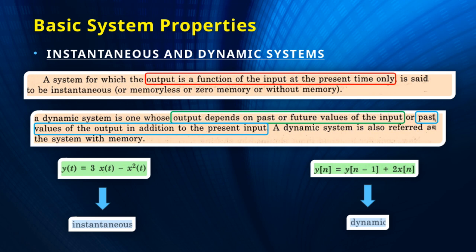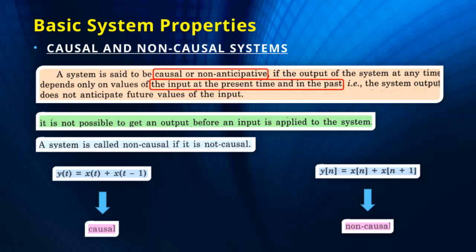in real-world applications. Now, let's take a closer look at causal and non-causal systems, which are fundamental concepts in system theory. Causal systems are those where the output at any given time depends only on current and past inputs. In other words, they don't anticipate future inputs. They react to what has already happened. This property is crucial for real-time processing and control systems, where immediate responses are required.